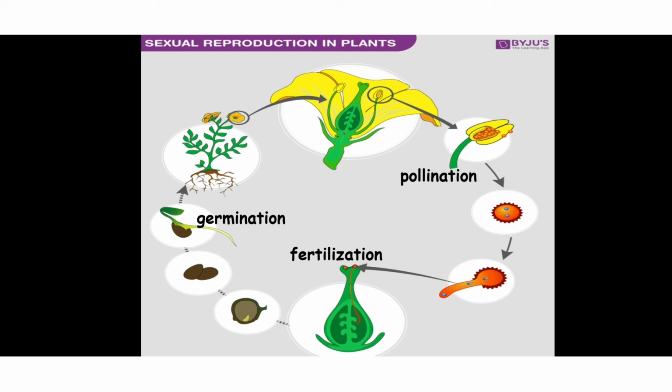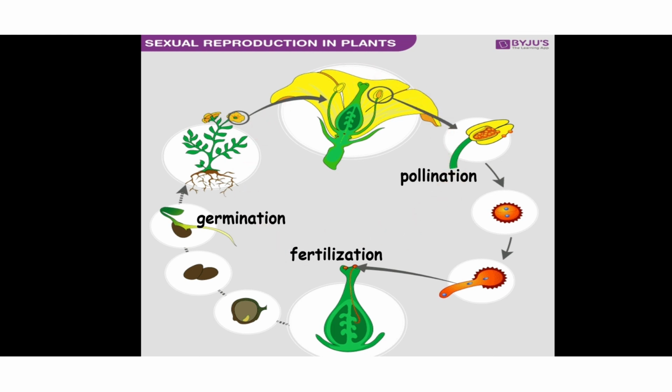Through pollination, the pollen from the male reproductive part will reach the female reproductive part. Then after that, these male cells have to join with the female cells for sexual reproduction, and that process is called fertilization. Through fertilization, the male and female cells will be fused and seeds will be produced. After that, the seeds will be dispersed through certain ways and the seeds will be sown and start to germinate. Here the process of germination starts.